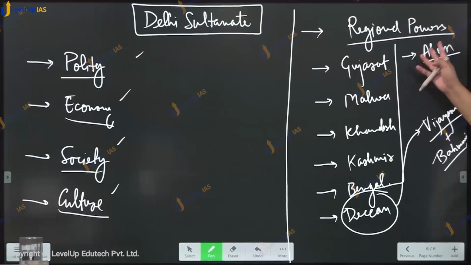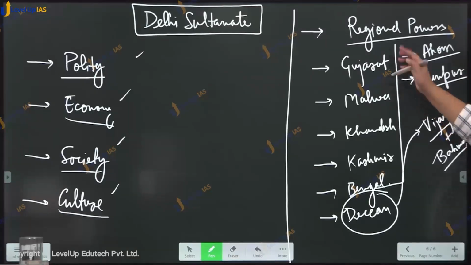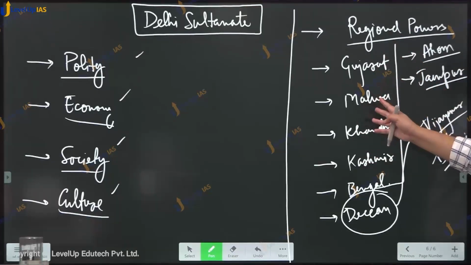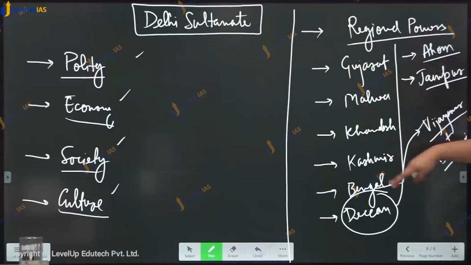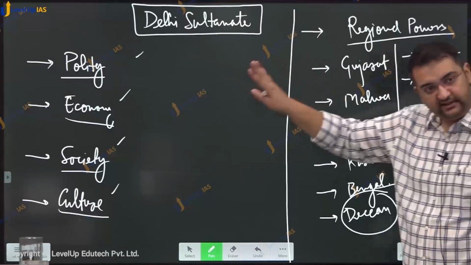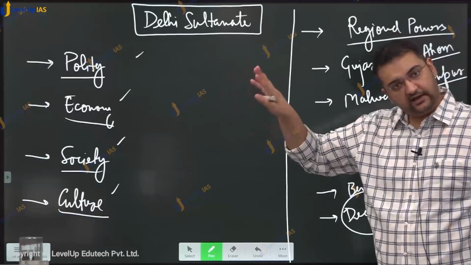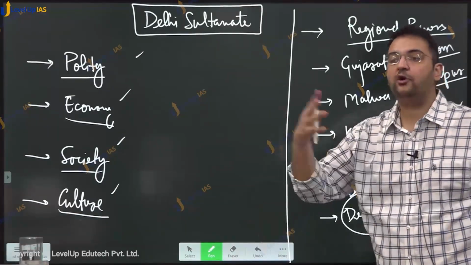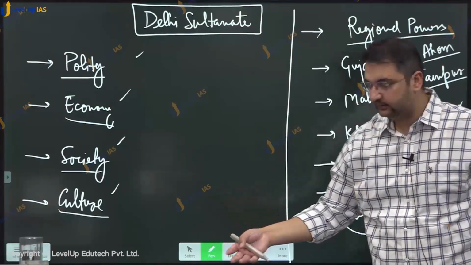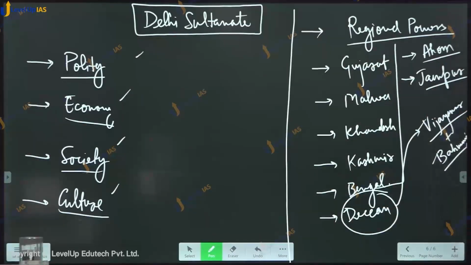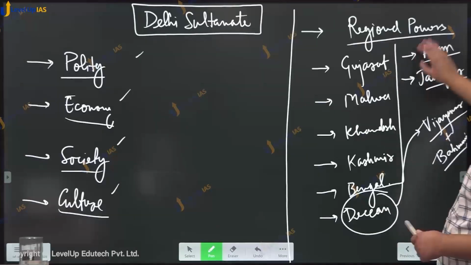Apart from this also कुछ जैसे जौनपुर एटसेट्रा. तो यहाँ पे केवल एग्जाम्पल के तौर पर मैं आपको बता रहा हूँ. And it is not that all of them are contemporary to the Sultanate only, right? Some of them are contemporary to the Sultanate, some of them emerged or became prominent after the Sultanate, right? So we are going to talk about all of these, and then finally we are going to come to